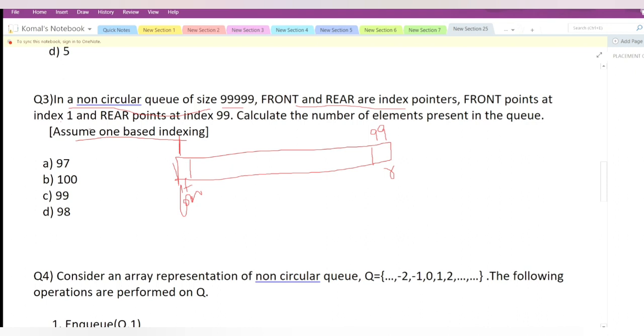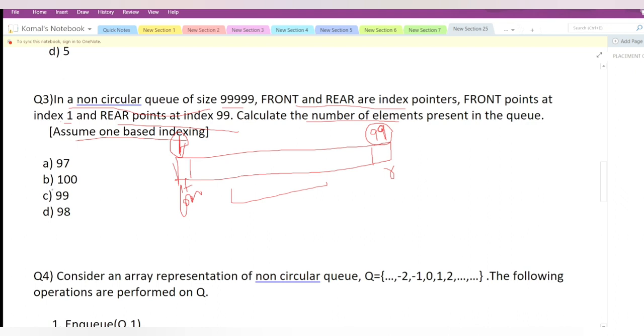As they have also given that front points at index 1, we know that our queue starts from index 1, and rear points at index 99, that means our queue ends at 99. So we have to calculate the number of elements. At last the index is 99, and it starts from 1. So the total number of elements in our queue will be 99, not 100.